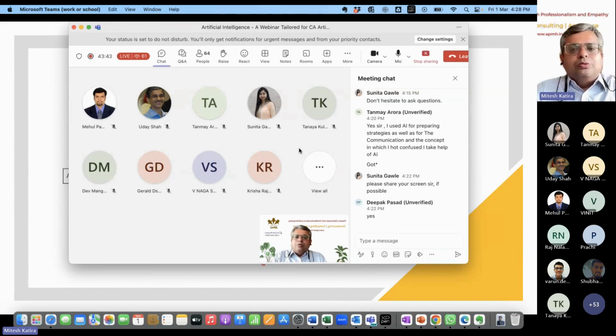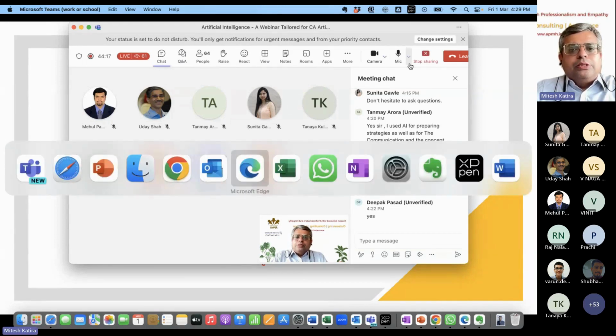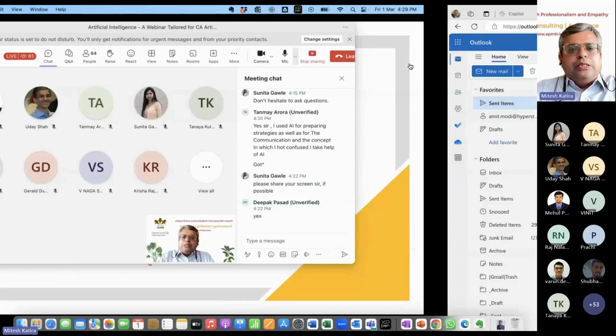I'm seeing that more and more students are now using PDFs to learn their topics and concepts, because it is becoming easier to carry PDFs vis-a-vis carrying notebooks, textbooks, and stuff like that. So let's look at one thing that I did with Bing Chat. Like Chat GPT, there is another very powerful tool called Bing Chat, which is set up on your Microsoft Edge browser. Are you able to see this screen?